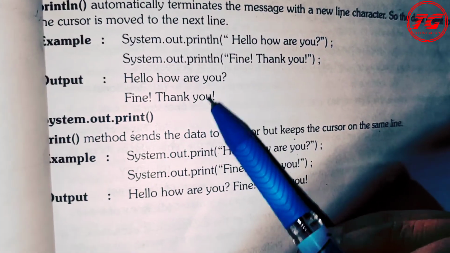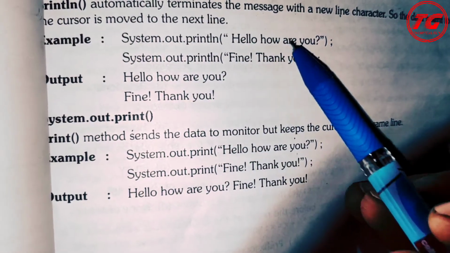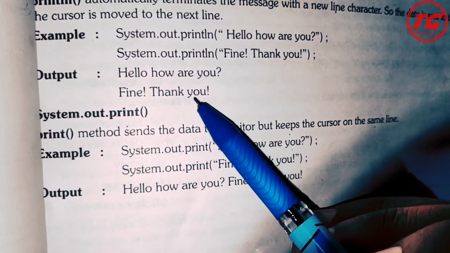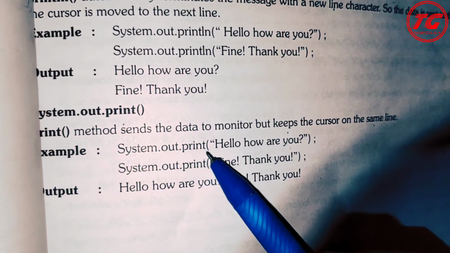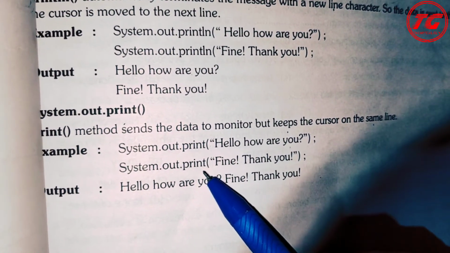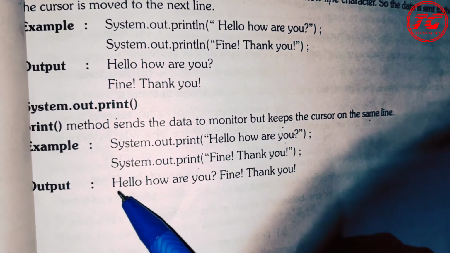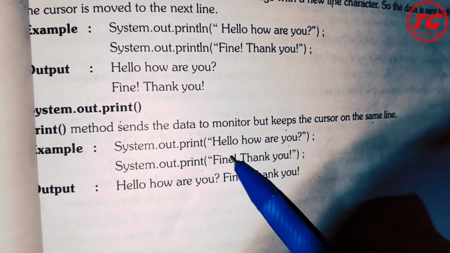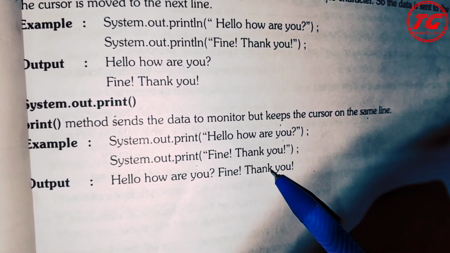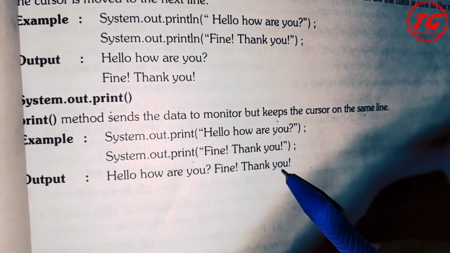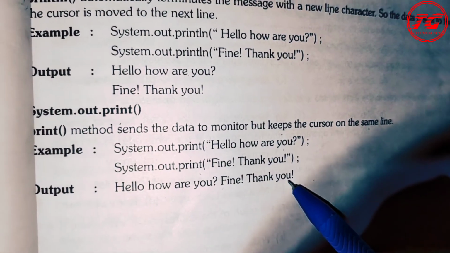So this is the output of println. As you can see, both messages are in different lines, but here we have used only the print method, so the first message is in the same line and the second message is also printed in the same row, so there is no new line given automatically.